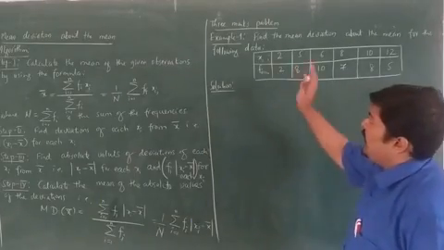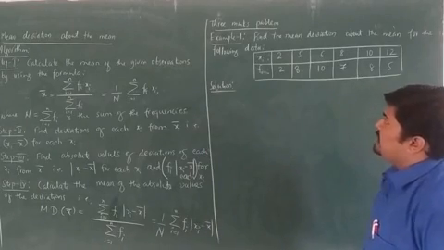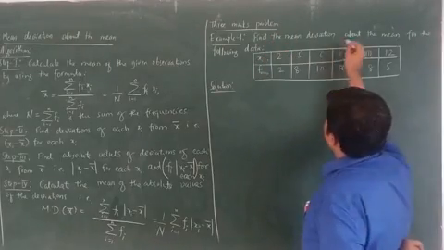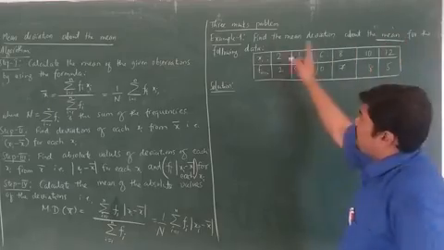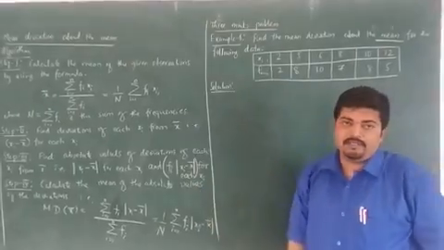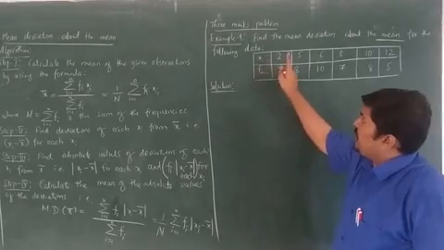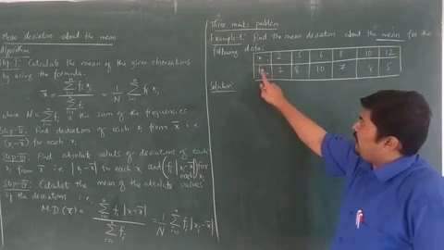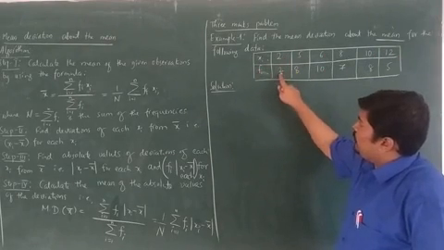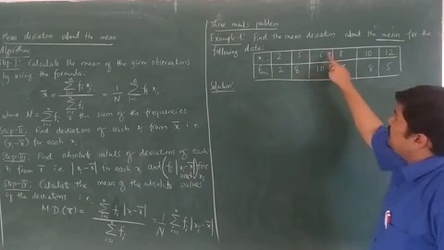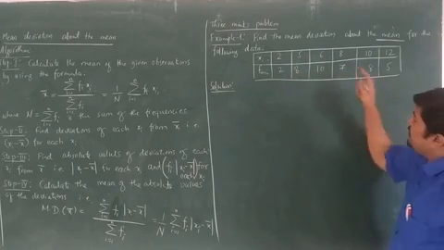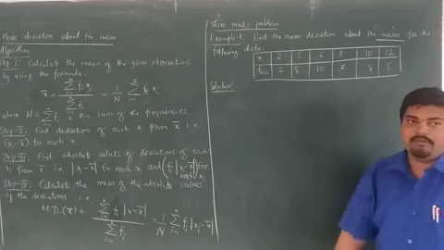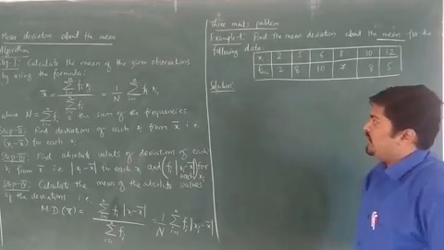Now here we have one of the 3 marks example problems. Your task is to find the mean deviation about the mean for the following discrete frequency distribution. The data points are 2, 5, 6, 8, 10 and 12, and the corresponding frequencies: 2 is repeated 2 times, 5 is repeated 8 times, 6 is repeated 10 times, 8 is repeated 7 times, 10 is repeated 8 times, 12 is repeated 5 times in the collected statistical data.